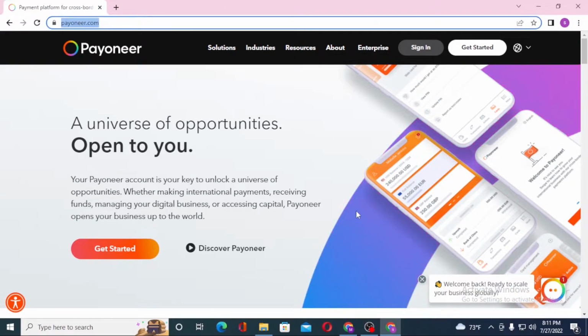Now to log into your Payoneer account from your computer, you can see the sign in option available at the top right corner of the screen. Click on sign in,